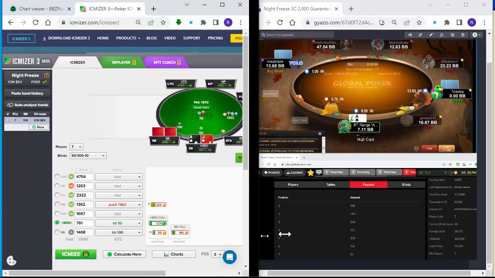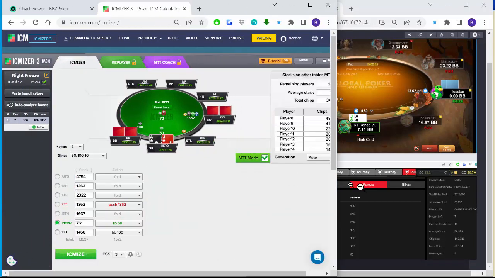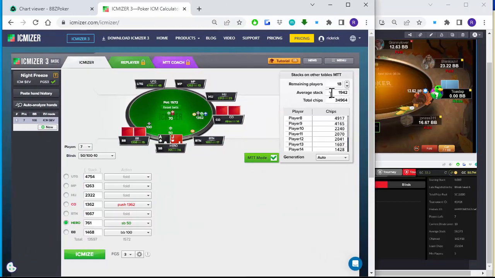So when you have multiple, say you're on the final 2 tables and you have a spot, and you have a screenshot of the lobby, you could plug in every person's stack size, and then put in the same. You just play the hand as usual, and it will spit out a range for you. If you want to,